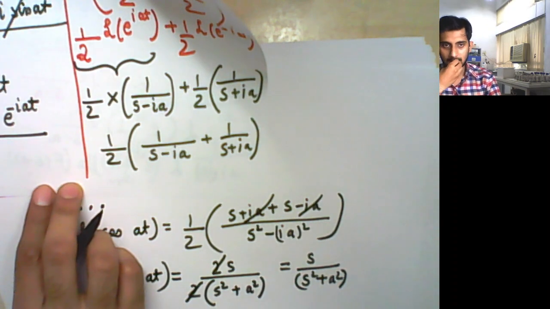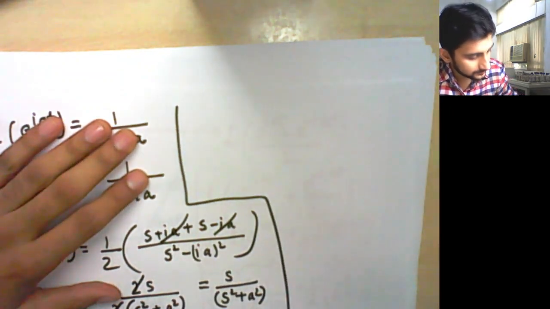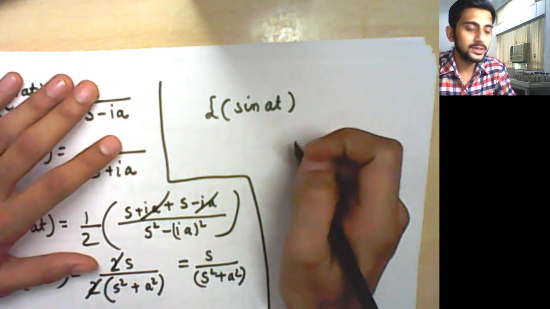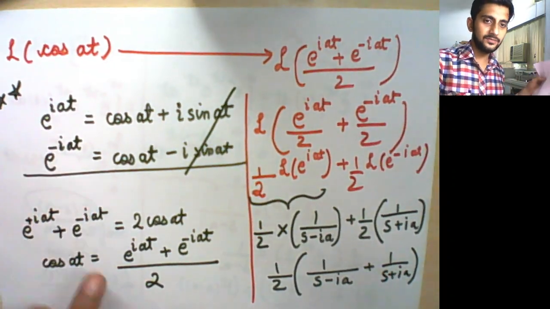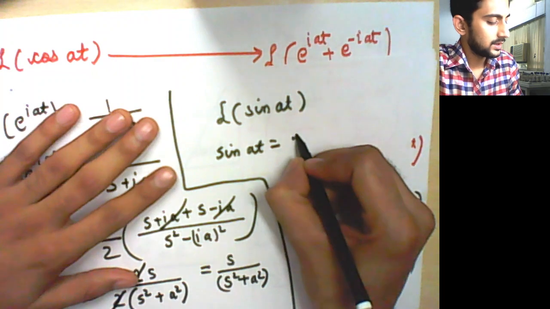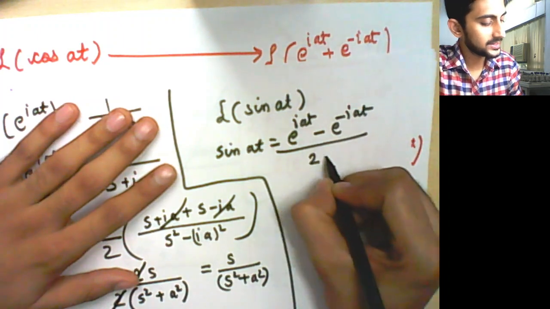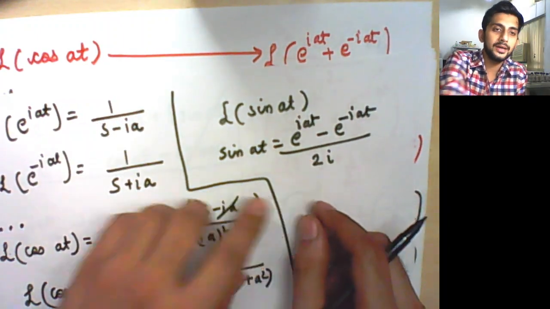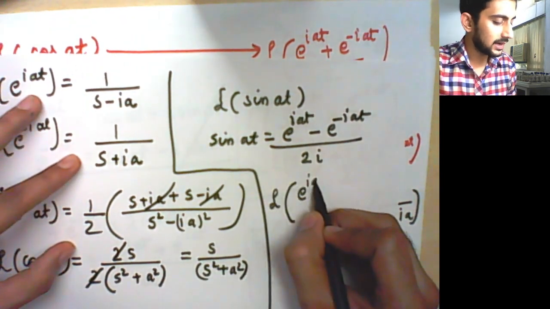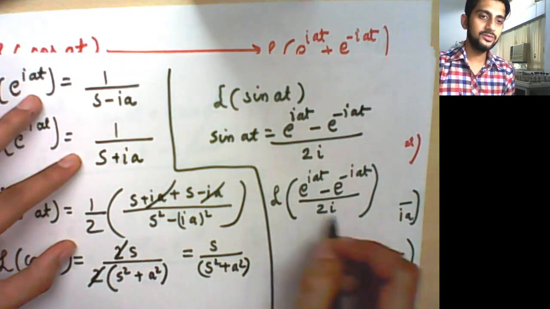Okay. In the same way you can calculate what is going to be the Laplace transform of sin at. Then you will use the same argument itself. From here you can write sin at as e to the power I at minus e to the power minus I at divided by twice of I. So instead of having 2, we now have 2I. So actually Laplace transform of sin at is nothing but Laplace transform of e to the power I at minus e to the power minus I at upon 2I. Then you just have to solve this.